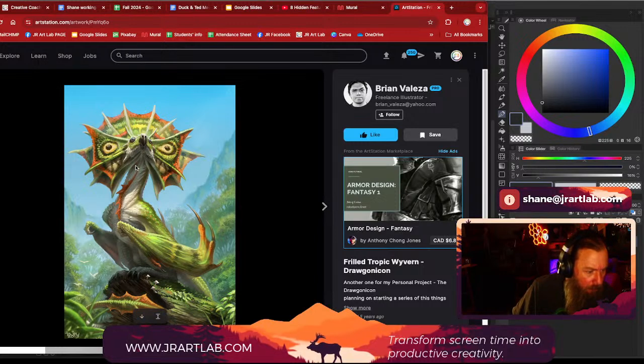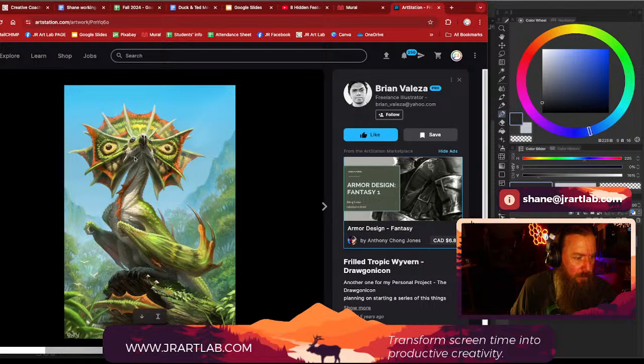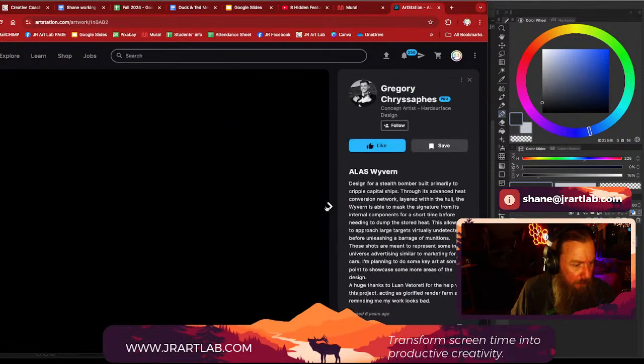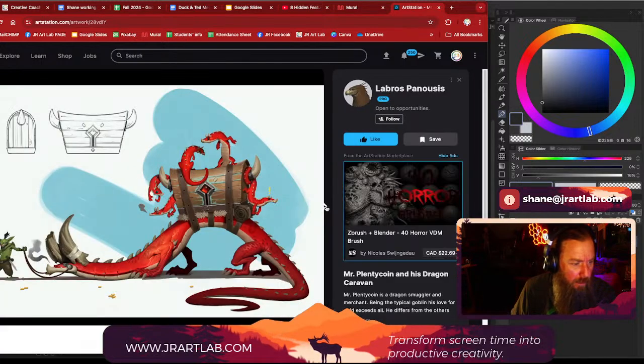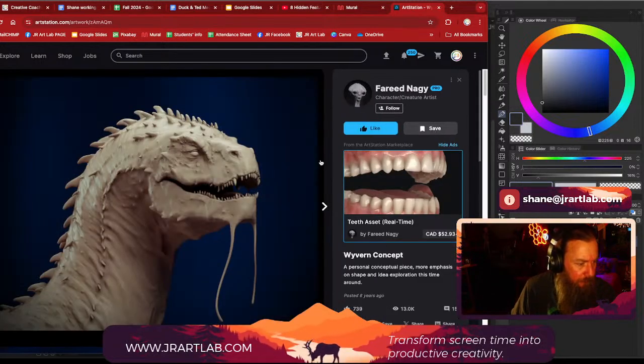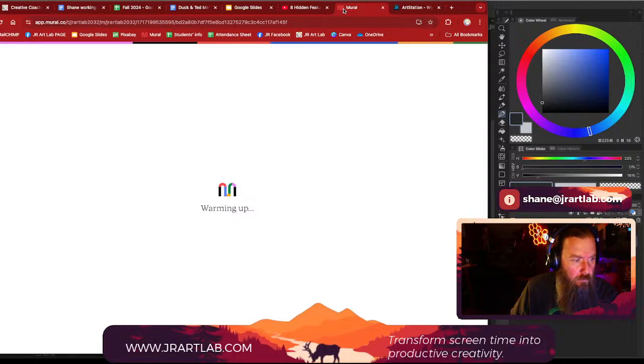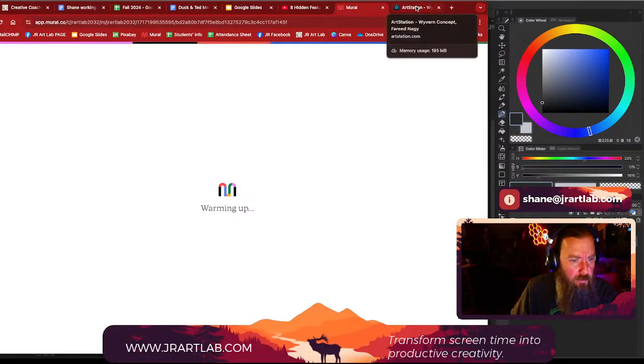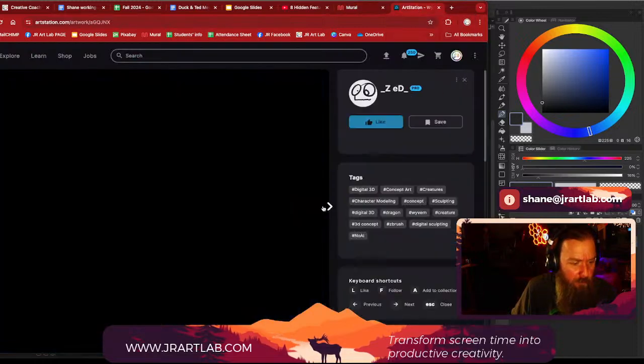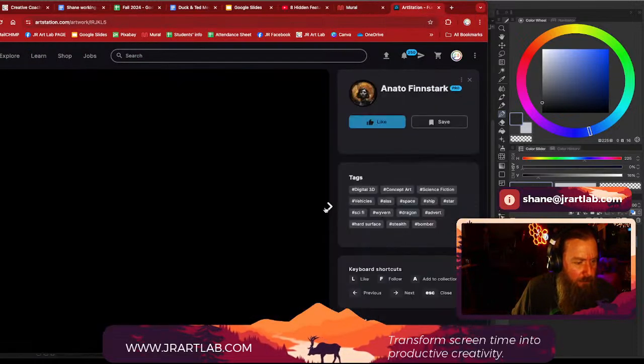Oh, this one's in our reference board. I like this. It kind of reminds me of our concept a little bit. It's a sort of mix of creatures that have been added to the dragon. Warming up still. Mural, come on, buddy. Okay, let's keep looking here.